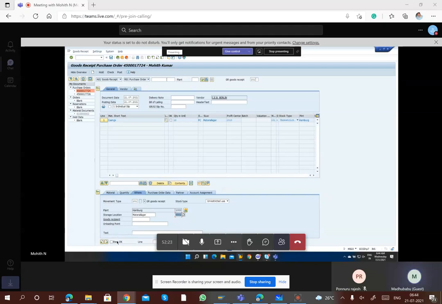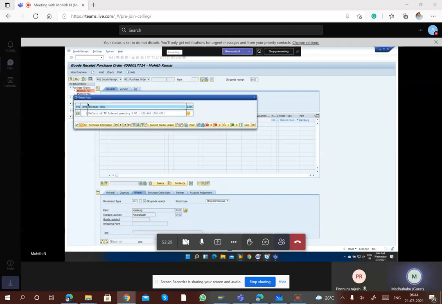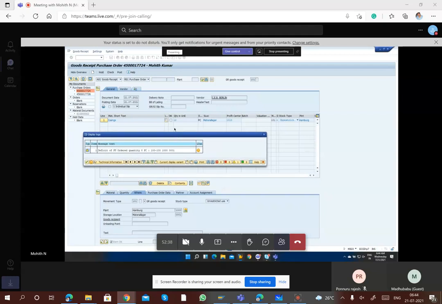So if everything is okay, we click on item okay, then click on check to check if the database is accepting or not. If you see here, deficit of PO order quantity 8 pieces. So we are taking only 12 pieces as per the order, right? We ordered 20 and we are taking only 12. So it is saying your GR has a deficit of 8, which are 8 pending from the vendor. So this can be neglected. In future, we may do this. This is just information it is giving.